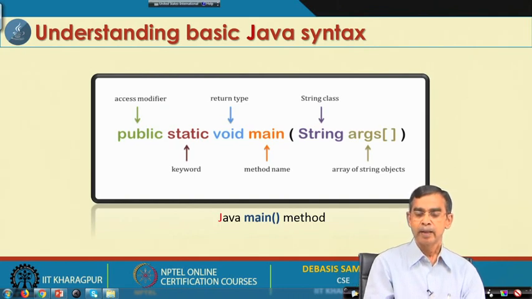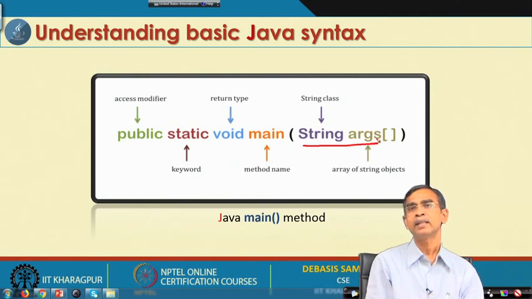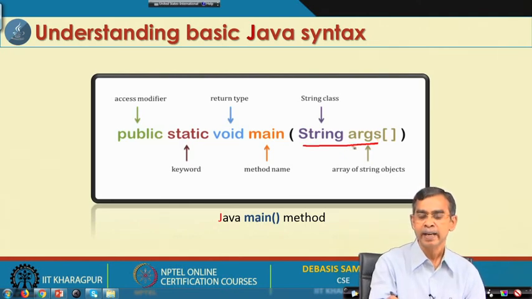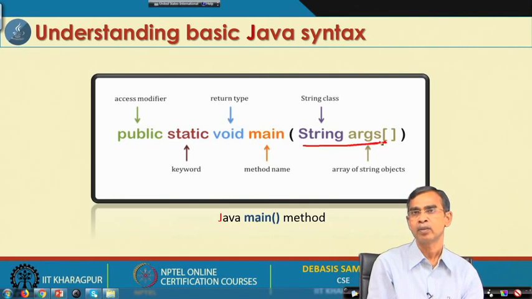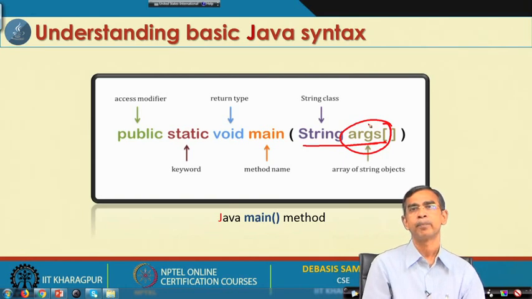Next is String args, this is the argument. These are the arguments that need to be passed to the main method. This indicates that a variable number of arguments can be passed. That is why an array is there; it is like a pointer to an array, although the pointer concept is not there in Java. So, args is basically an array of any size. The size is automatically defined when you run the program. We will discuss the automatic size declaration of this String args later.